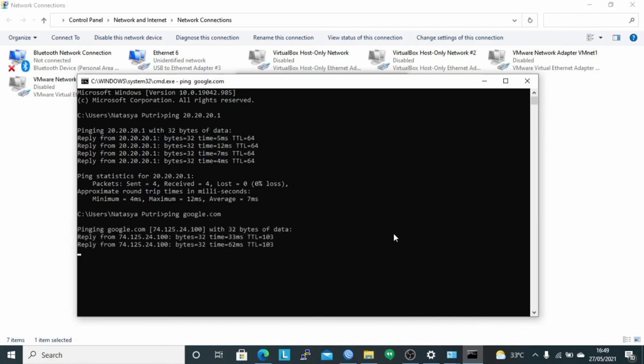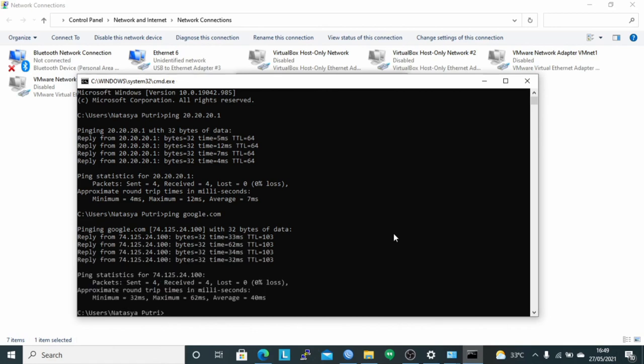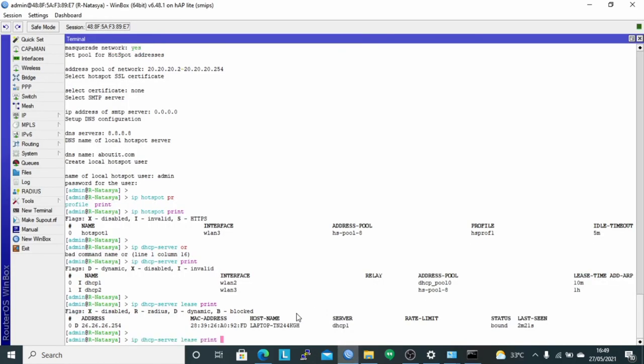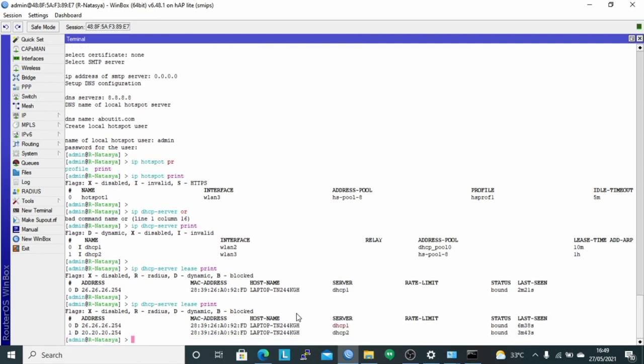You can see the result is Reply, which means that the client has successfully connected to the server and connected to the internet using the SSID VIP about IT. Then check that the client is connected to the server with the command IP DHCP server lease print. It can be seen that my laptop is connected to the server.